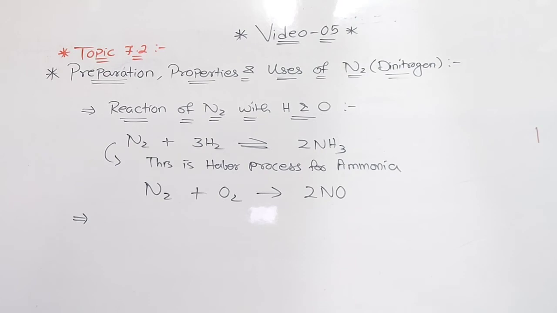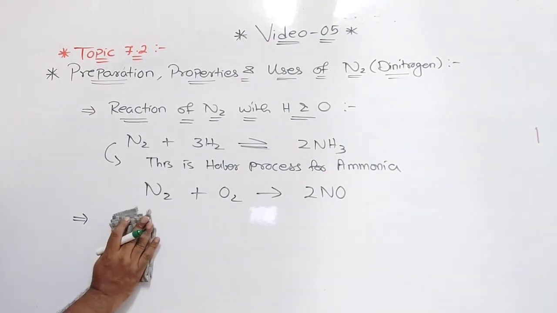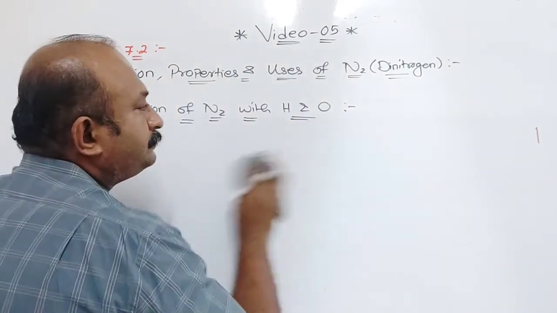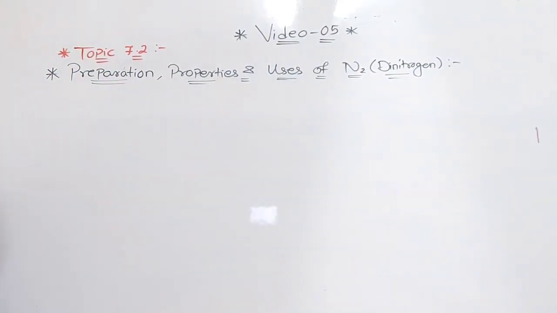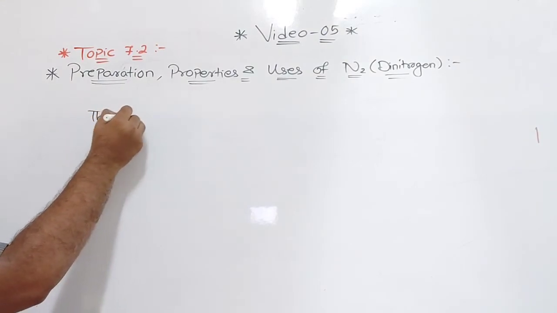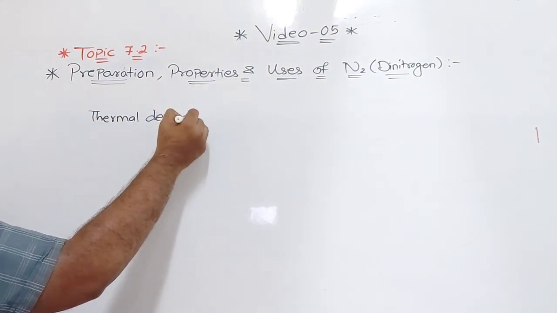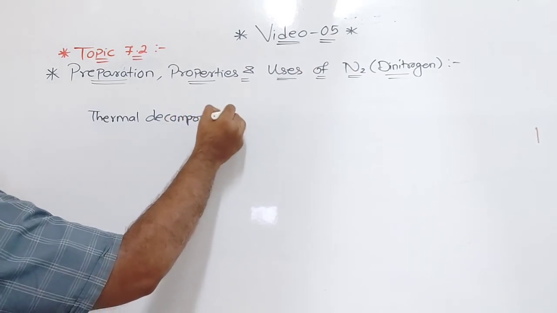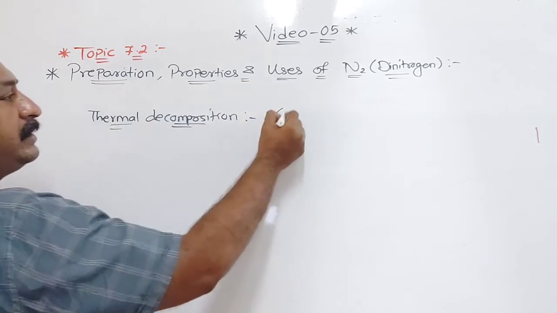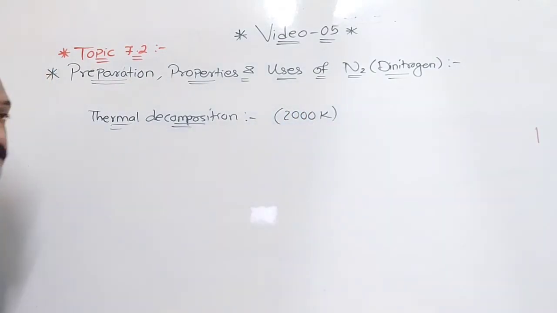Now the thermal decomposition of sodium azide is also given in your book. You can see there. So I wrote this, and then we will see the next part. The word is thermal decomposition. Clear? Now thermal decomposition, when we say, requires 2000 Kelvin temperature. Just imagine, very high temperature is there. Thermal decomposition of sodium azide. The word is sodium azide.